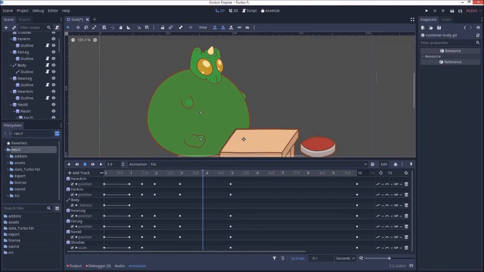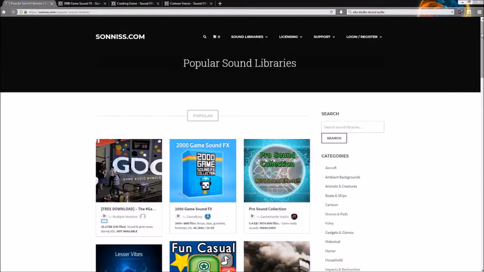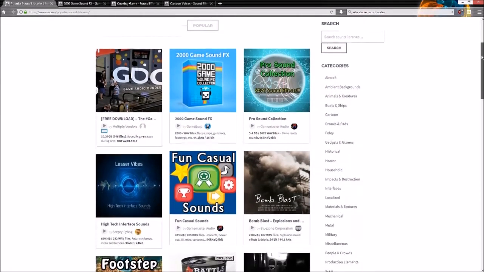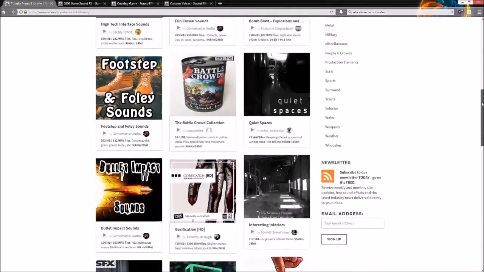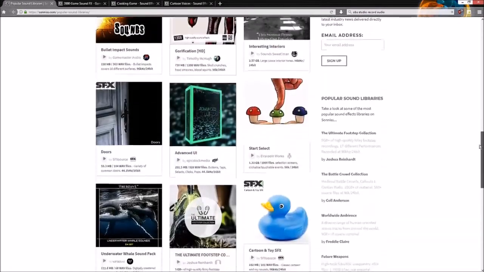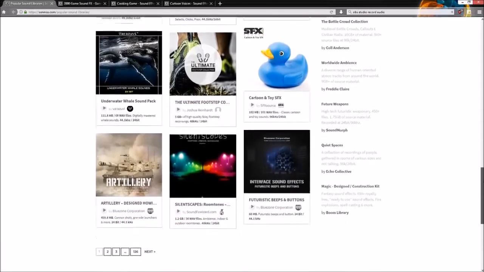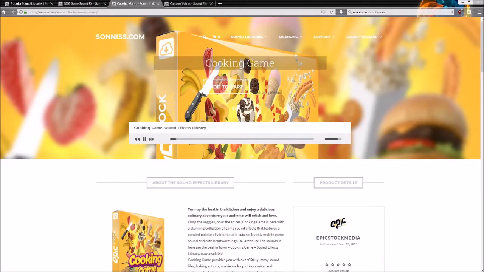So as far as sound effects, someone on the game dev subreddit pointed me to Sonus.com, which is a website which lists professional sound effects libraries, which you can use for indie games. The price usually ranges from about $20 to $100, which is not beyond my budget. So I bought one pack which was intended for cooking games, which seemed like a good fit, as well as